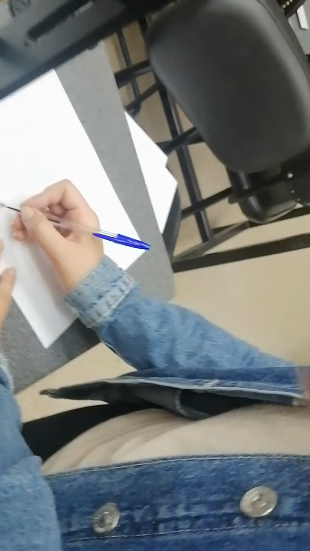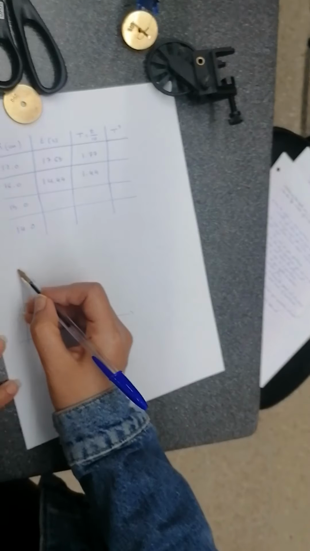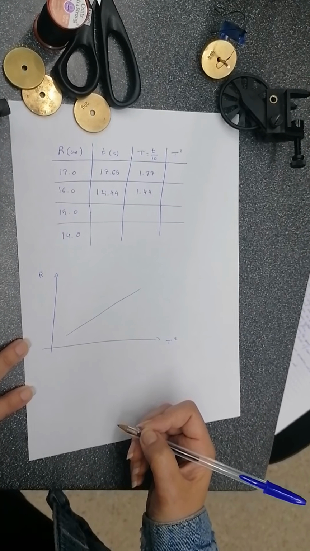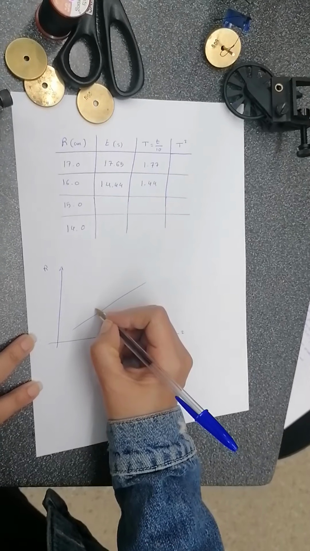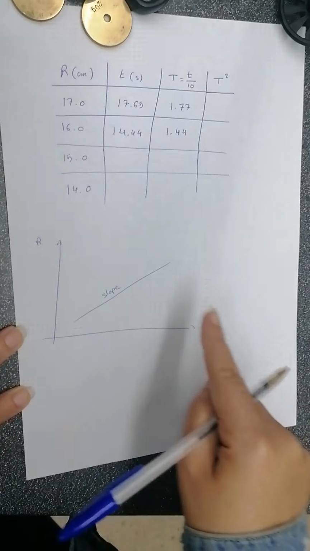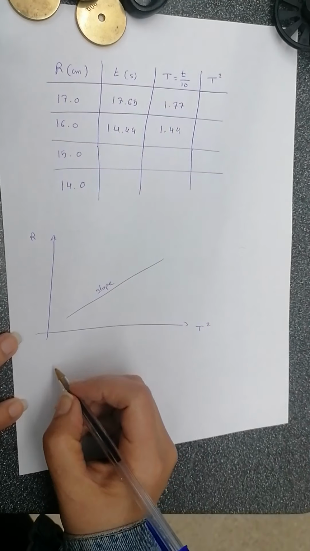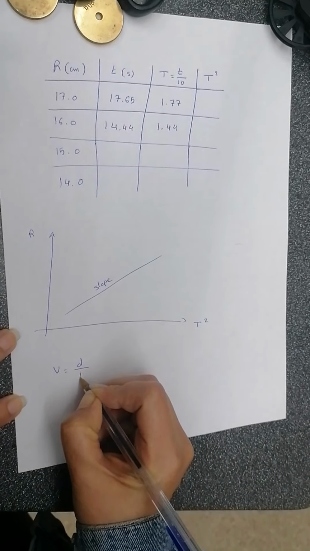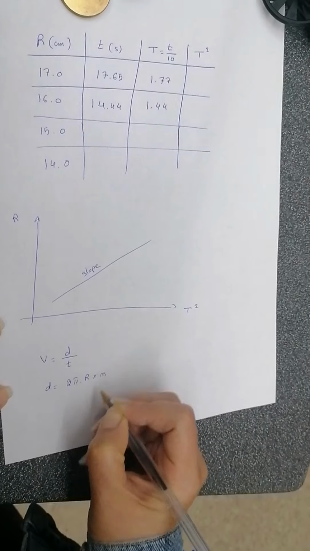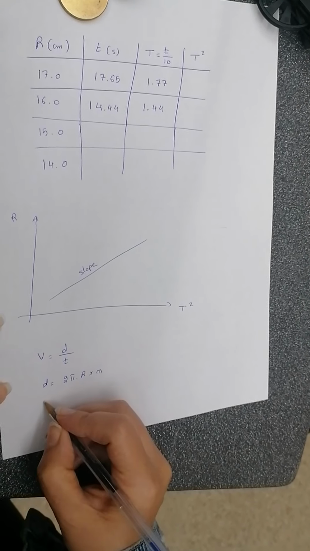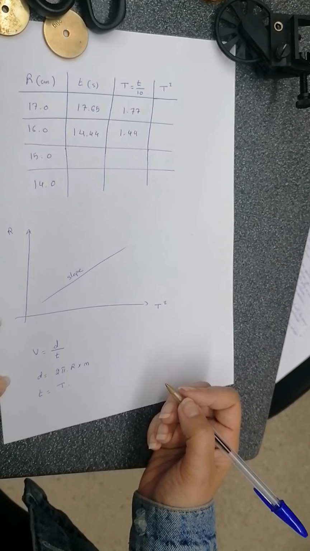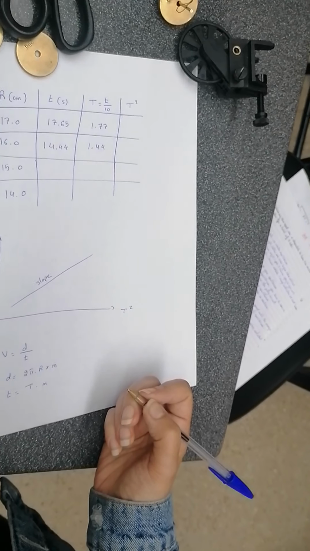You will plot r versus t squared. If we're plotting r versus t squared using linear regression, you will find the slope. What's the relationship between r and t squared? As we know, v is equal to d over t, and d in our case is 2 pi r times n, where n is the number of rotations. T is equal to t, the period, the time required to complete one rotation, times n, the number of